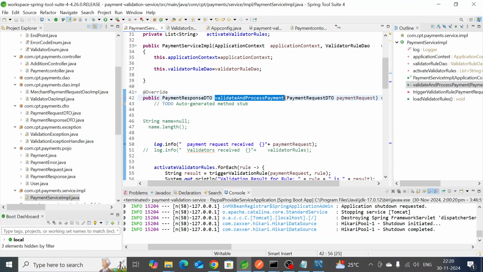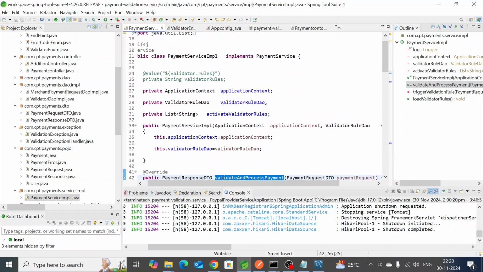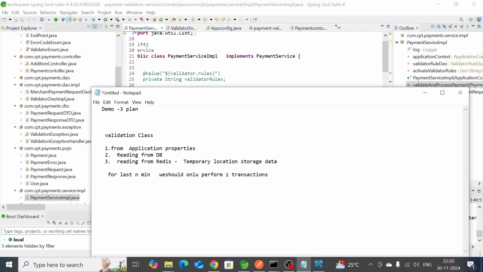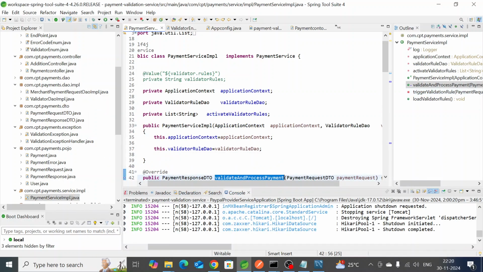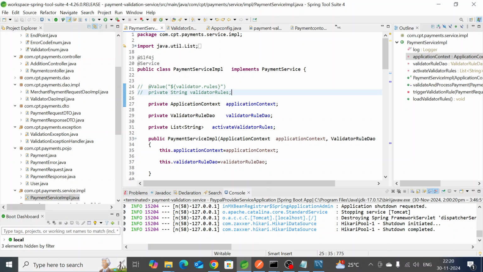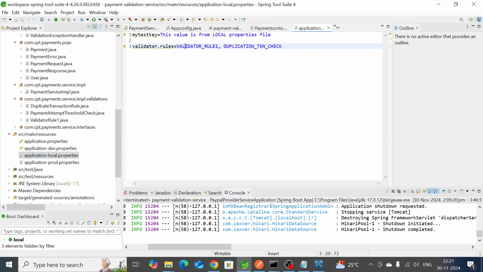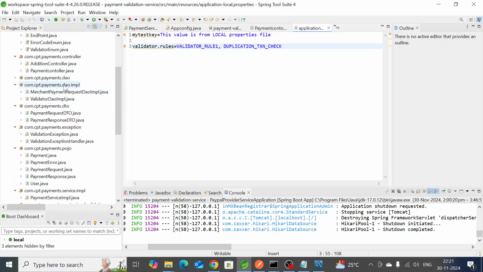So what we have written here, let us check entirely. As I said before, the first stage is reading from the application.properties. If you want to read those validator rules, what were in validation rule one and the duplicate transaction, if you want to read any value from the application.properties into the class, we use the @Value annotation and declare it as validator.rules, like what we have declared in the application-local.properties file: validator.rules equals validator rule one, duplicate transaction check. So for that, in the